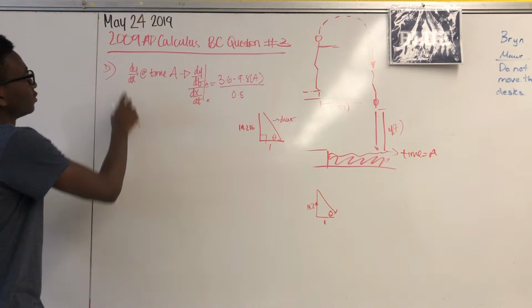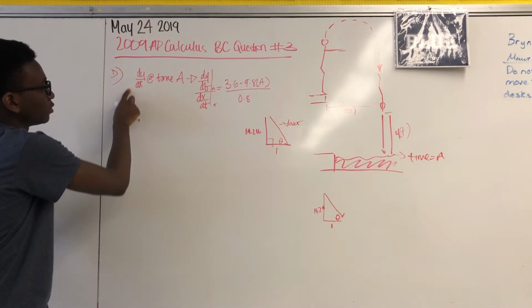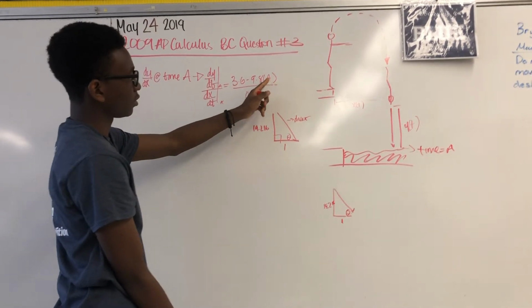In order to find dy/dx, we plug A into dy/dt over dx/dt, which is 3.6 minus 9.8 times 1.936, over 0.8. Once we do that, we get negative